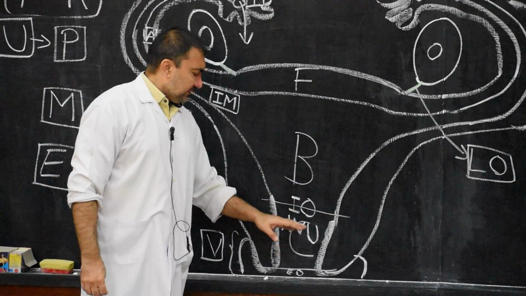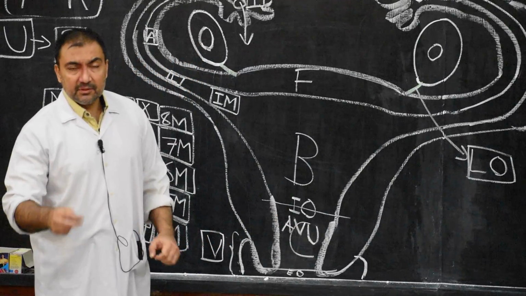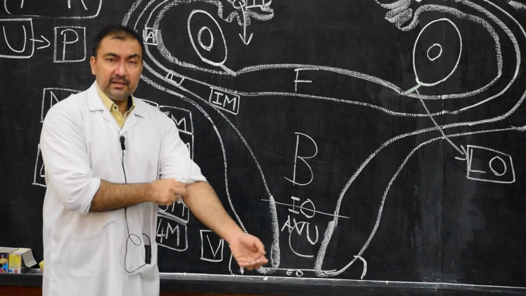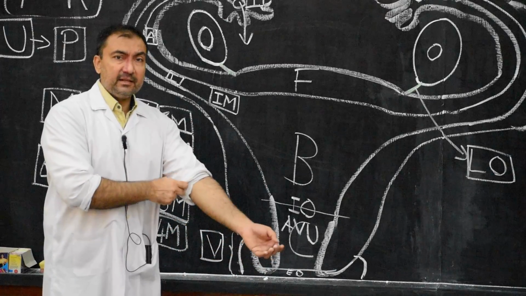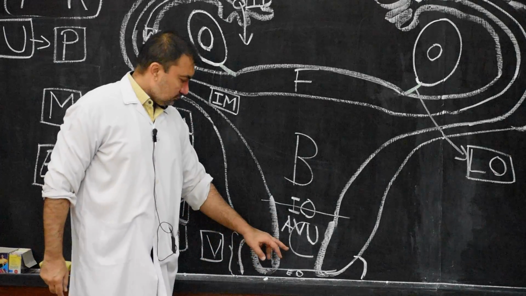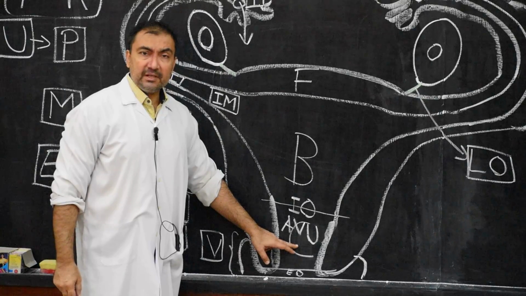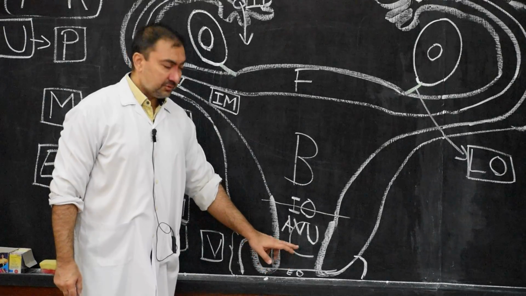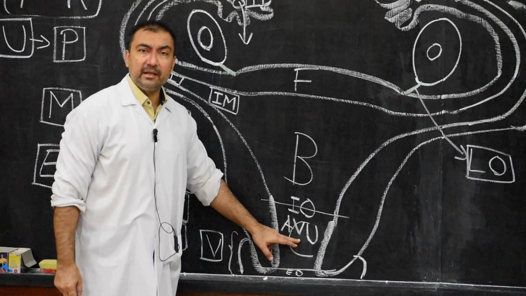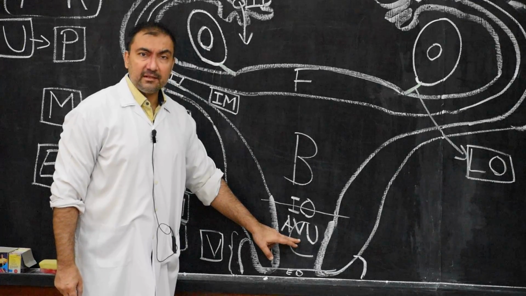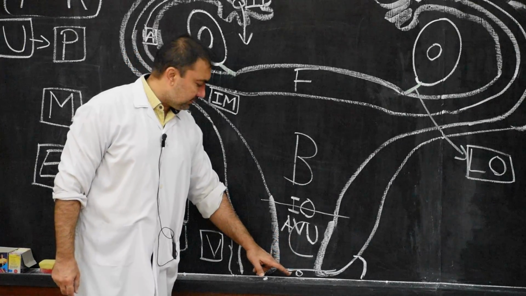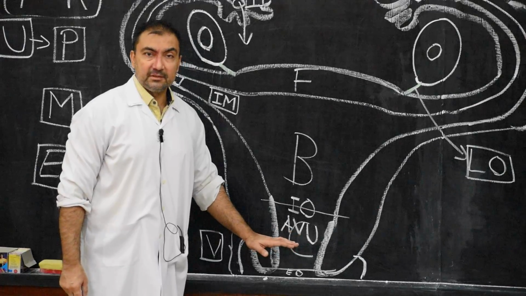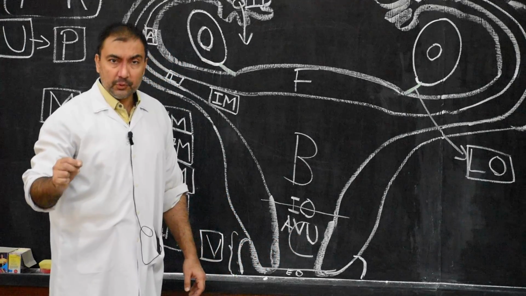Now, this cervix will have various glands, and these mucus glands will secrete secretions which will keep the vagina moist. So the cervix is loaded with so many glands, and through these cervical glands there will be secretions which will keep the vagina moist. Please note down this important point.